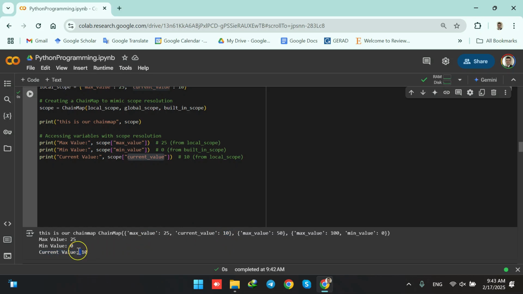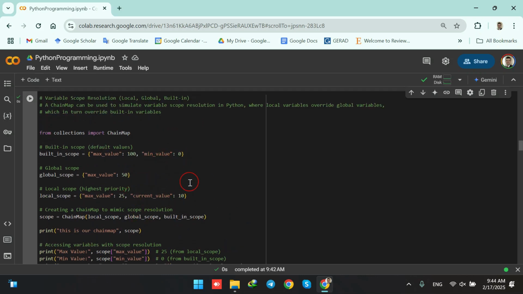So the first one that the compiler sees as we move forward from left is going to be printed in the output based on the name of the key. So for example, the key called max value from the scope chain map. So this is the scope chain map. The max value, the first one is 25. This is why 25 is printed in the output. So this is a good example of how variable scope resolution can be performed and can be taken care of